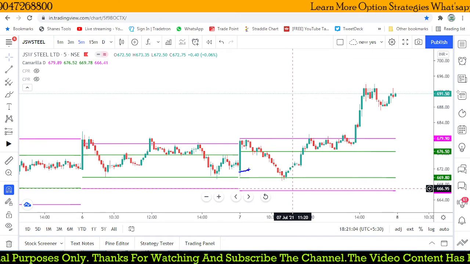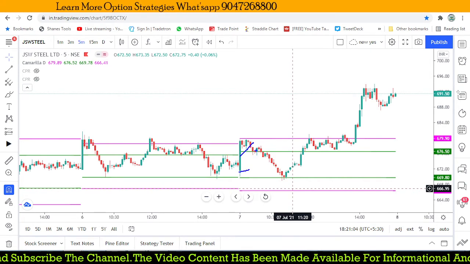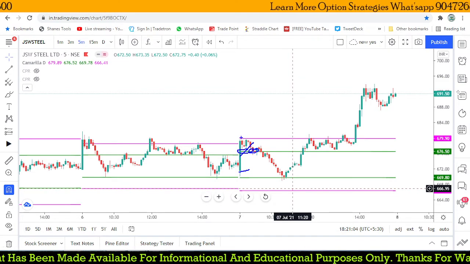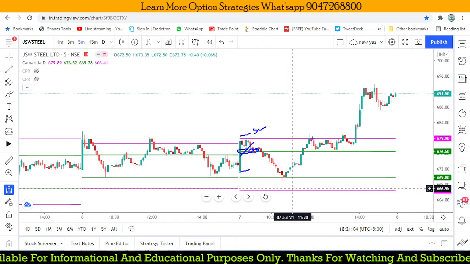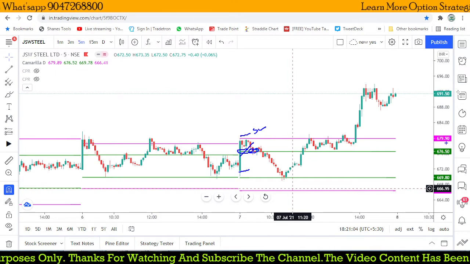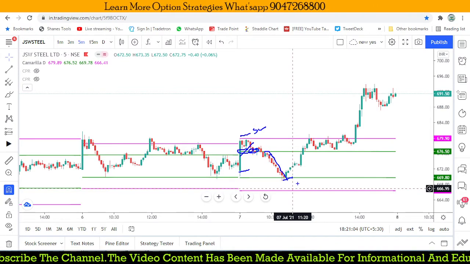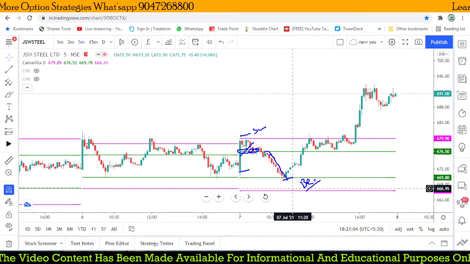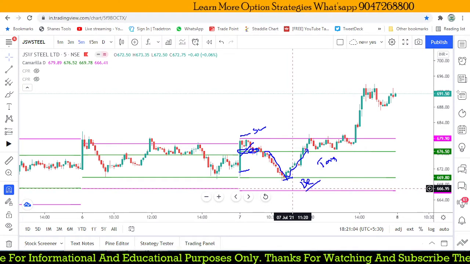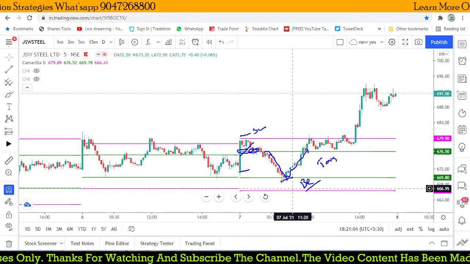It keeps moving to test that resistance, but does not close above it. So we can sell at this level, or if you are a seller who sold at this level, maintaining a stop loss, our stop loss did not get triggered. The risk is around 2.5 rupees for the stop loss of the trade, and from here it fell down and reached our target. Again, this is a buy reversal point, and it started moving up and triggered your target. Two times it really gives a good profit, because we are expecting a range bound market.